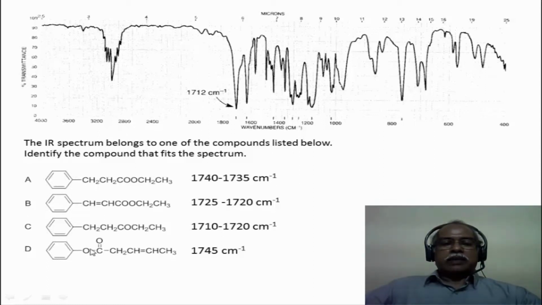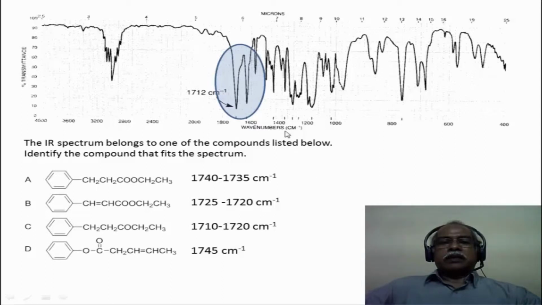the unsaturation is conjugating with the lone pair of oxygen here. It would in fact increase the frequency compared to the base value for an alpha beta unsaturated system. So, this is a saturated ester functional group which is also 1745, which is higher than what is observed. So, the one that fits the most is this saturated ketone, which is expected to come around 1710 or 1720 for a linear acyclic carbonyl functional group, which is a ketone. 1712 seems to match the spectrum correctly.